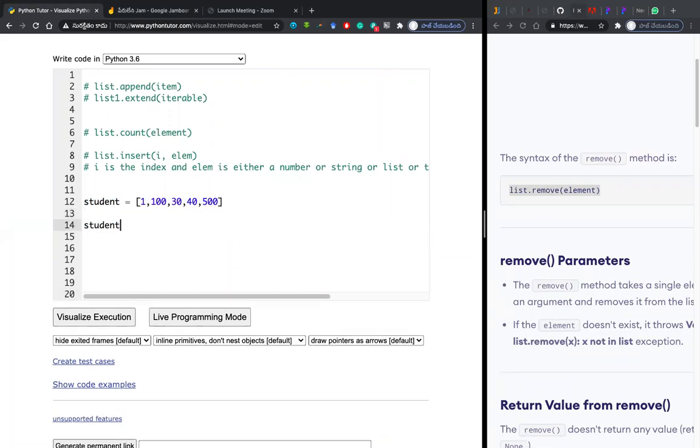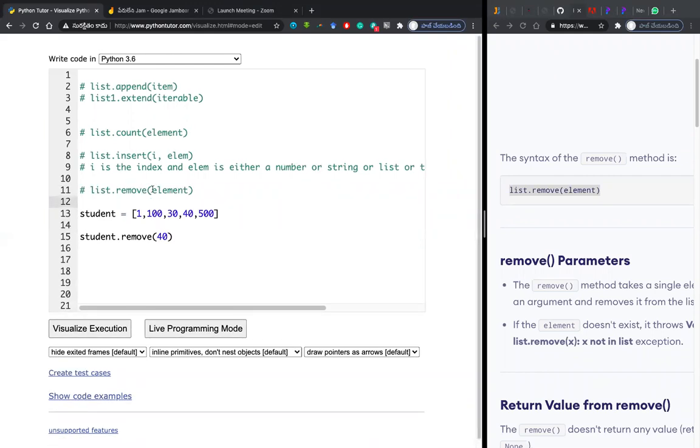I say student.remove(40), following the syntax: list.remove(element). The element should be clearly mentioned and should be one of the items in the list. It is not asking about the index. It is asking what element you want to delete.